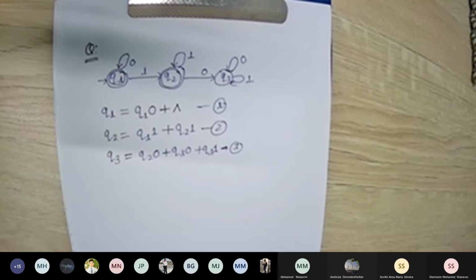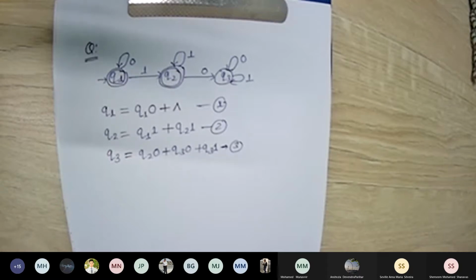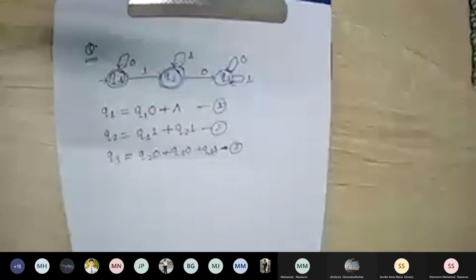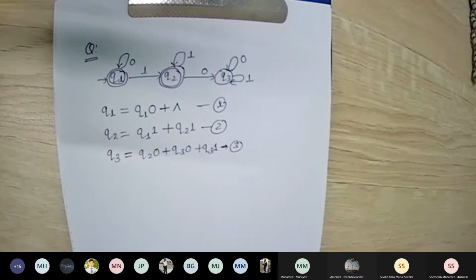We will do the plus. We will do the union. Union means plus, no? Since there are 2 final states here, you have to finally find what Q1 equals and what Q2 equals. So let's solve it. So Q1 equals